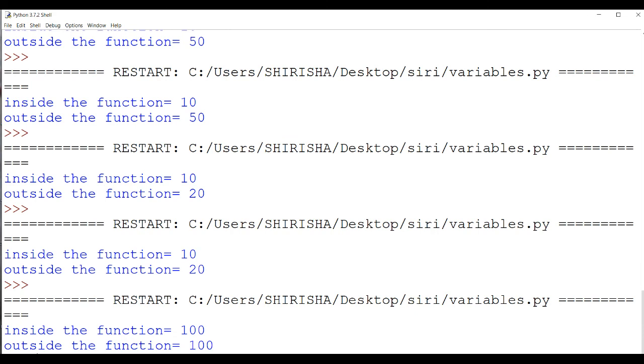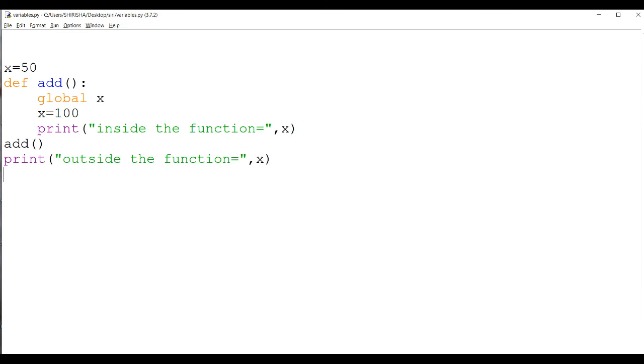You can see here inside the function equals 100 and outside the function equals 100. Actually we gave the local variable as 100 but the global variable as 50, which means it should give the outside of the function as 50, but we modified the global variable to 100.